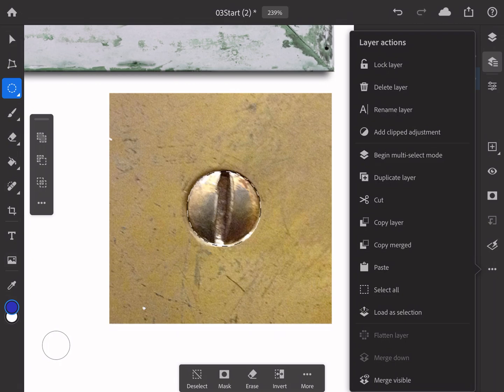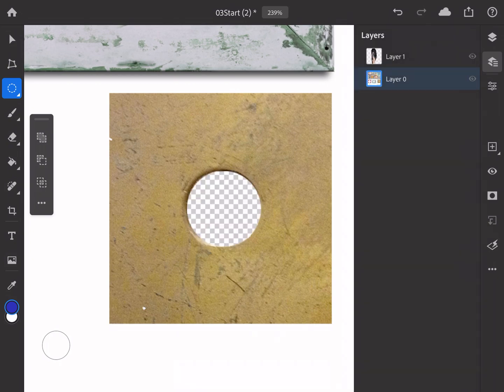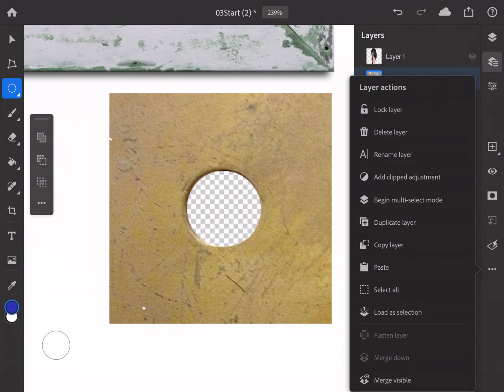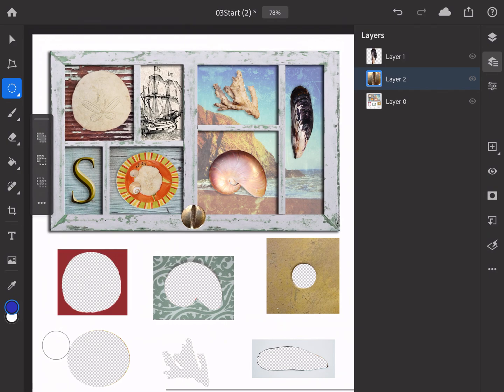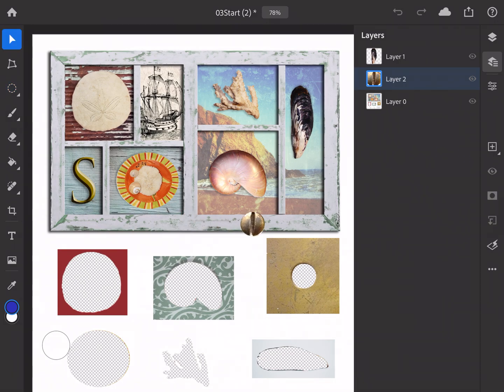I'm going to do cut, come back there again, do paste. Where'd he go? Center of the picture again, right? Now that's an awful large screw head for that small frame. So we need to use the move tool. We're going to move this over